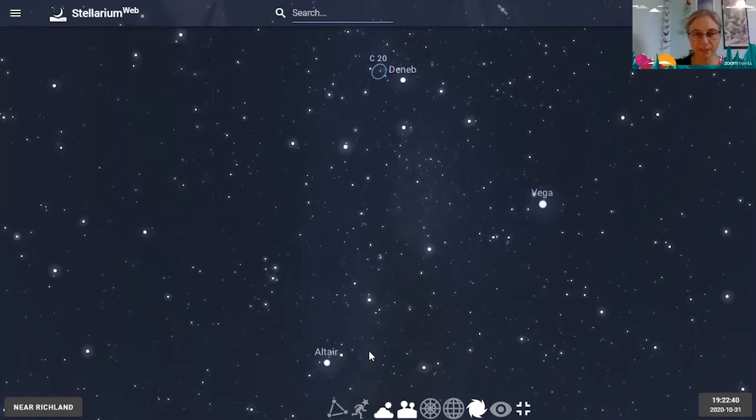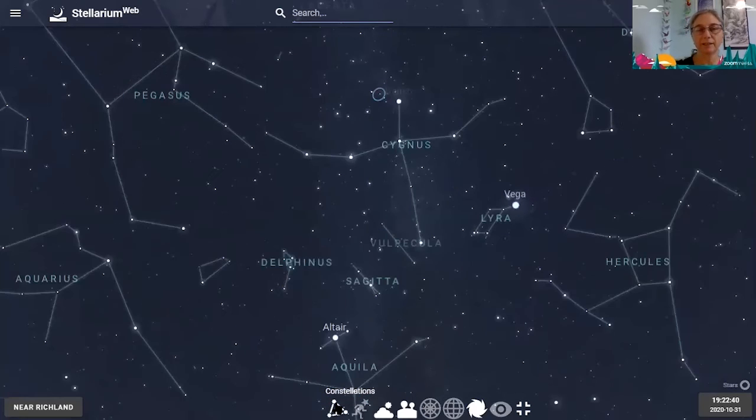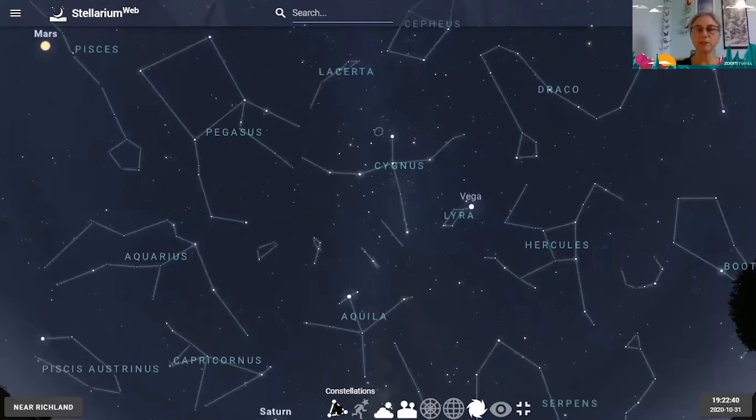All right, let's take a look at what the constellations look like. Okay, and imagine, you might know what some of these constellations are, what they represent, but just use your imagination now and look at the shape of Cygnus. What do you think that is? And Lyra and Aquila. And I'll turn on the art in just a moment to show you what some people